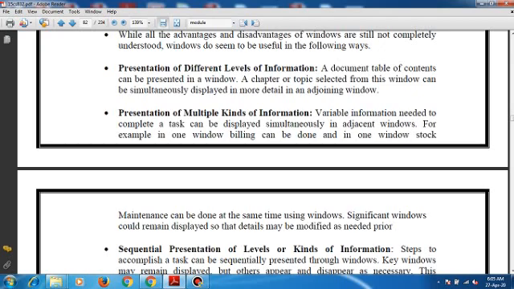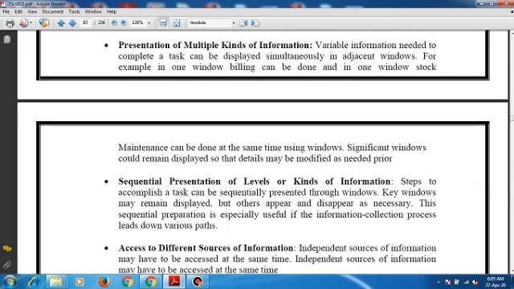A sequential presentation of levels or kinds of information. Steps to accomplish a task can be sequentially presented through windows. A key window may remain displayed, but others appear and disappear as necessary.